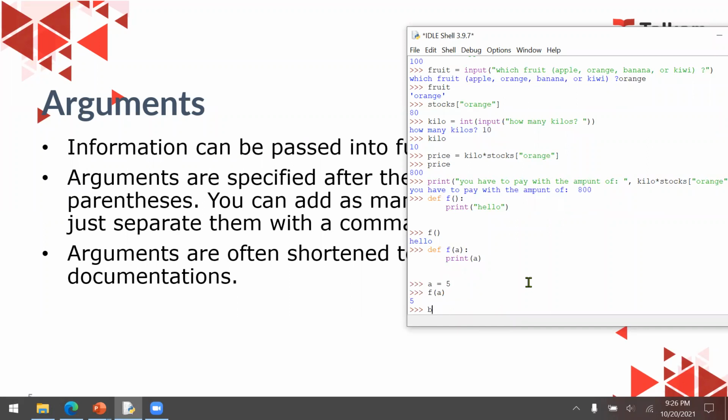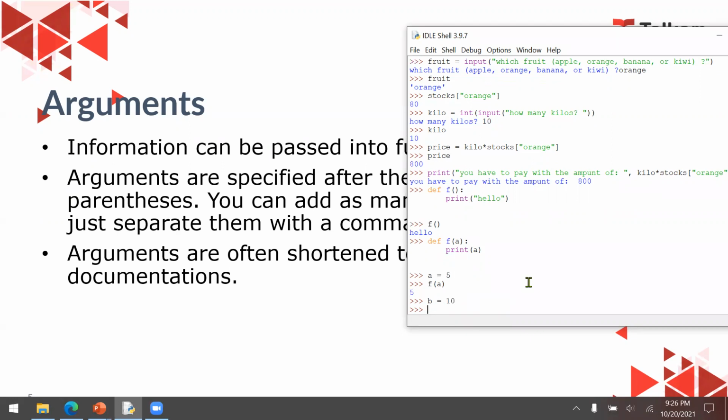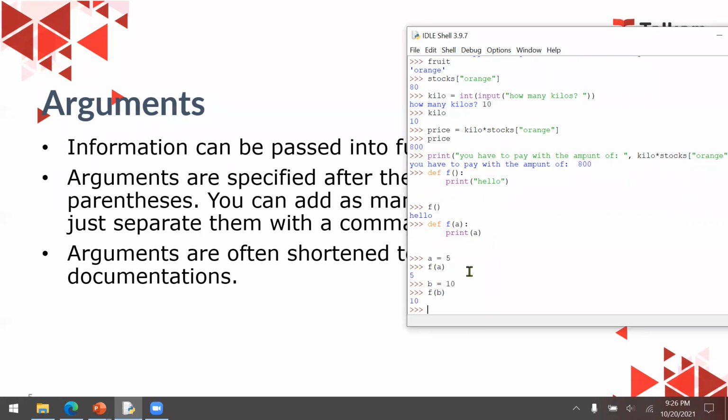Now, let's say I have b with the value of 10. And then f(b) means that I'm going to send the value of b, which in this case is 10, to f as a parameter for f. So it will print 10, like this. Okay. And also I can use not the basic data type, but a list in this case.